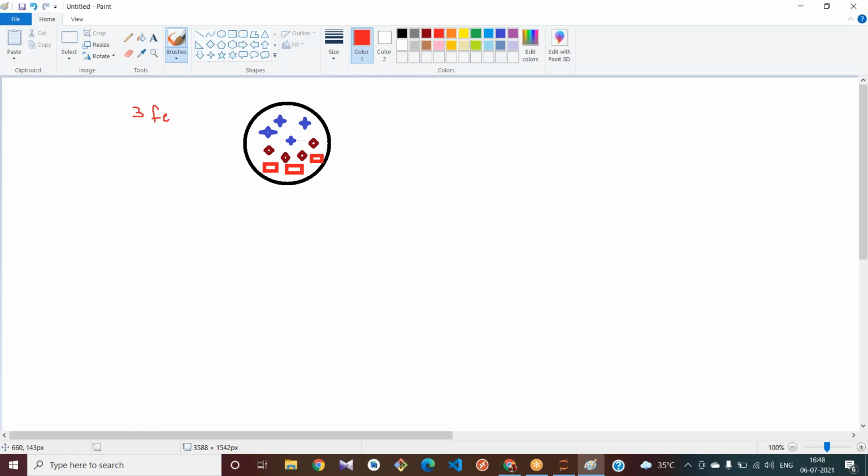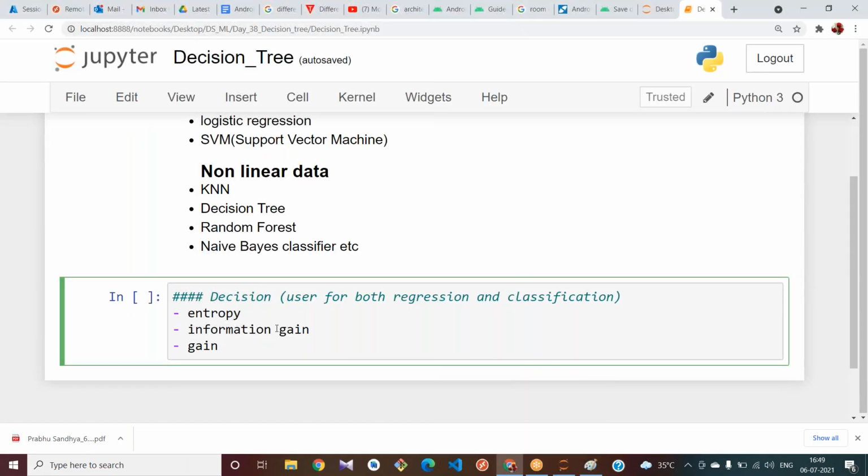What it tries to do is calculate entropy. Entropy means nothing but uncertainty in data.